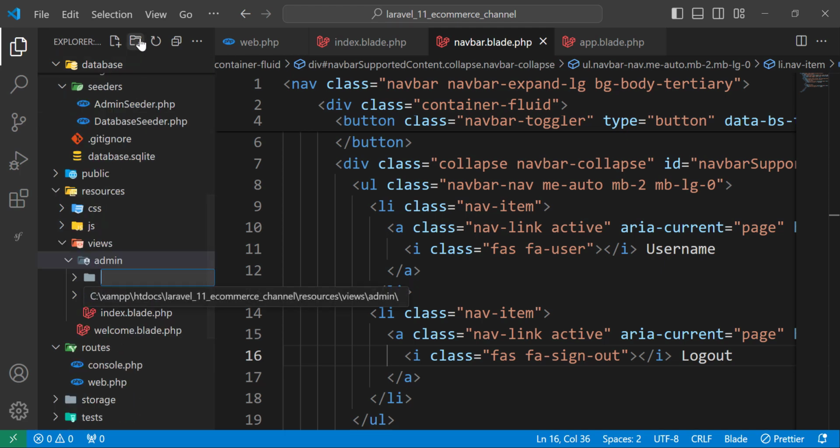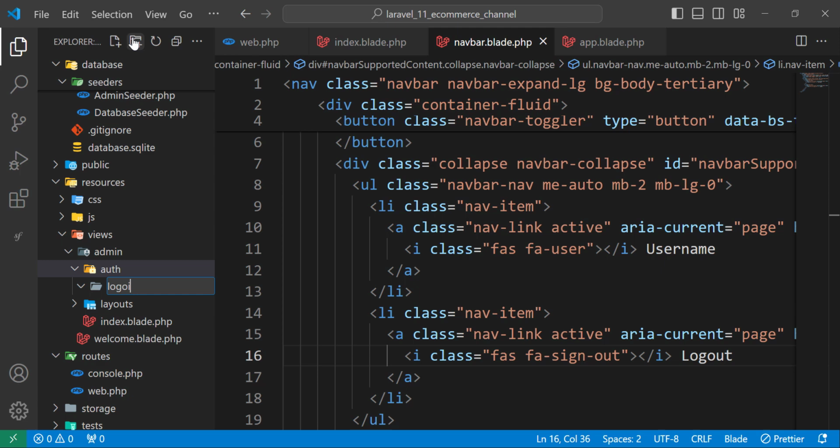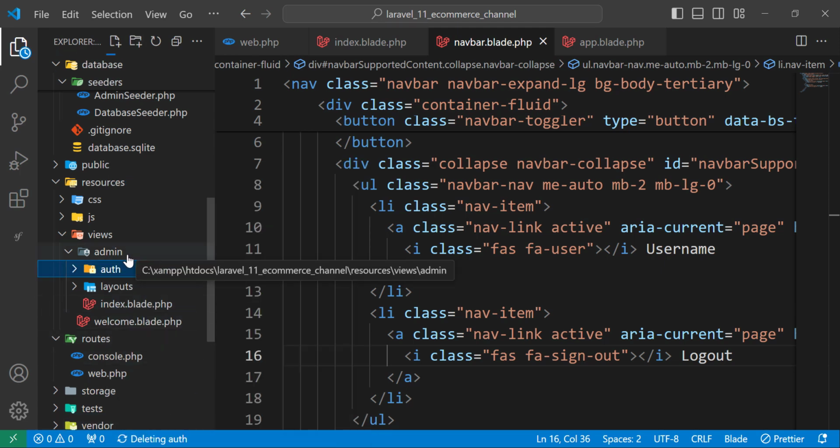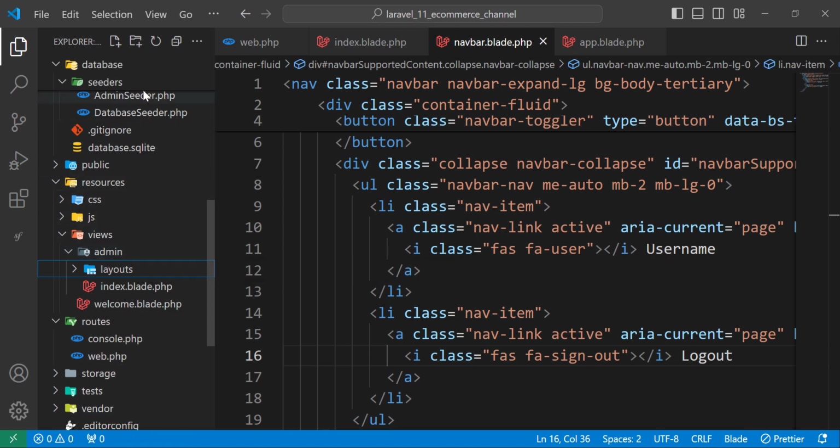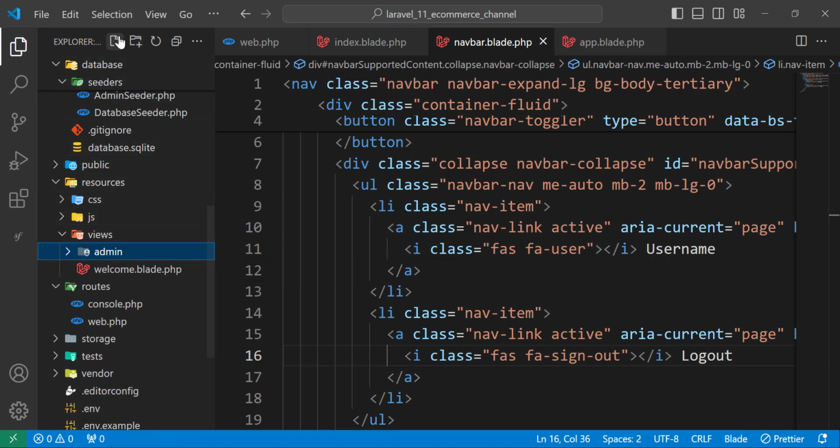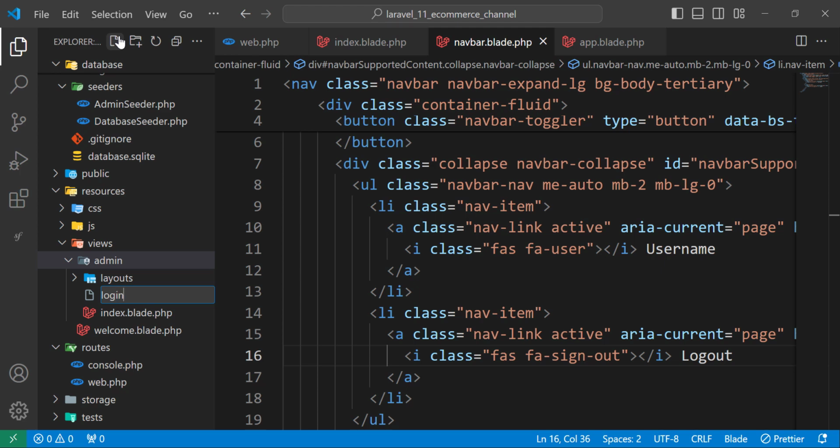So here we will create the login page for the admin, not the user. So let's add here the auth, another folder, let's name it auth, and inside let's add login. So we did not add auth folder inside the controller. Let's add file directly inside admin folder, and let's call it